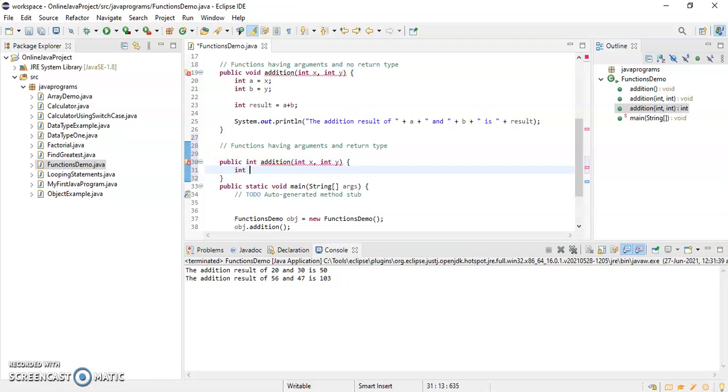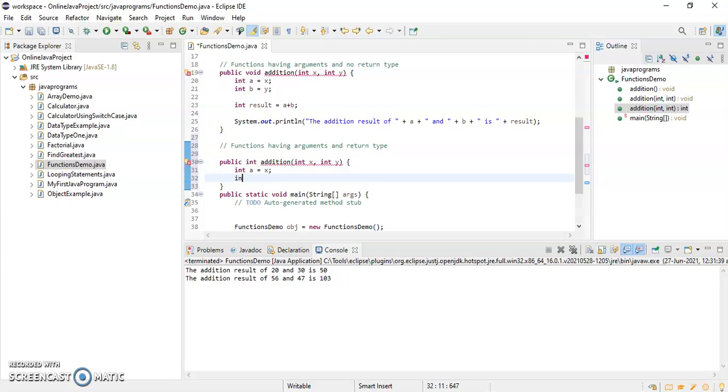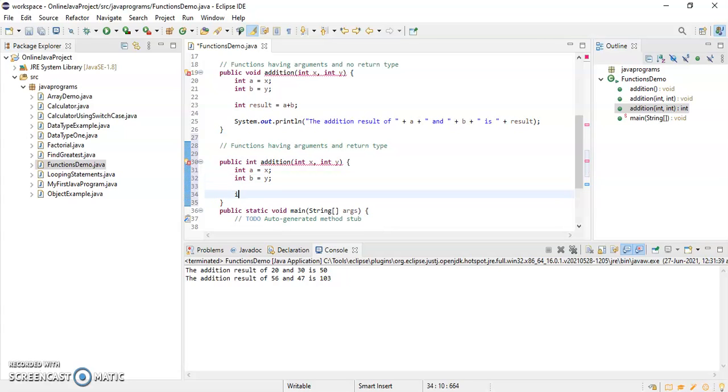Okay, and I'm assigning int a, so the x value will be assigned to a and the y value will be assigned to b, and I'm calculating int result is equal to a plus b, right? And I'll just return this result.